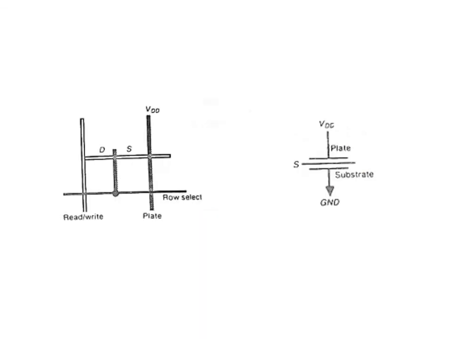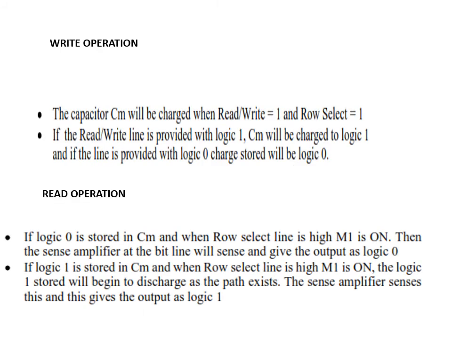So here you can see the stick diagram, the first diagram, that is a stick diagram for 1 transistor, and to the right side you can see a 3-plate parallel capacitor. We'll be discussing this later. Just have a look at this 3-plate parallel capacitor where 3 plates are used for storing the charge. Here read and write operation is explained. We'll go through it quickly.